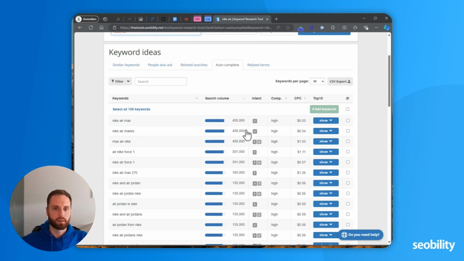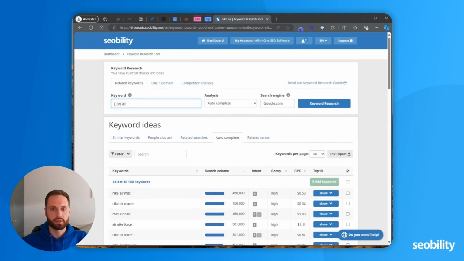And that's the search volume of these keywords. That is the competition and the CPC. While this is how much the different users are bidding, this is how many bidding users there are. So the combination is also helpful for determining the competition for a certain keyword.